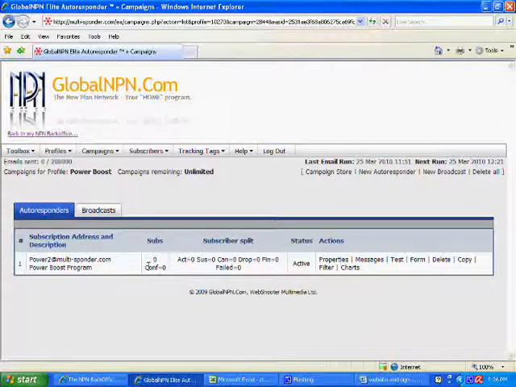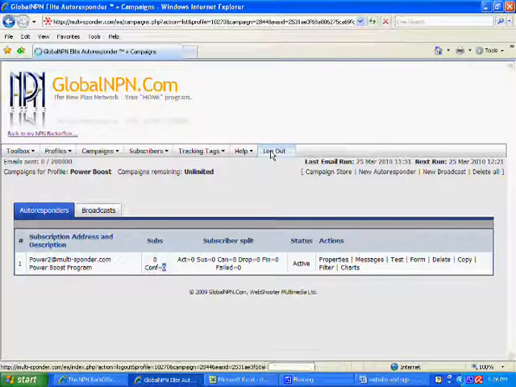Yep. Campaign is completed. We don't have any subscribers in there yet, so this says 0. Of course, we don't have anybody that's confirmed yet because we don't have any subscribers in there. But now everything is set up. All you have to do is import leads on a daily basis. You've completed your setup. Now, I just want to show you guys a quick shortcut to how to get here